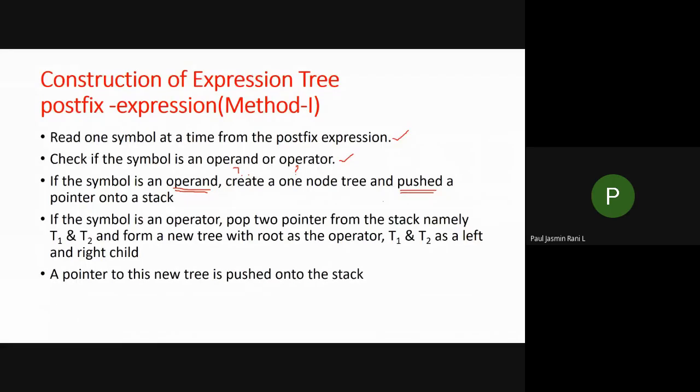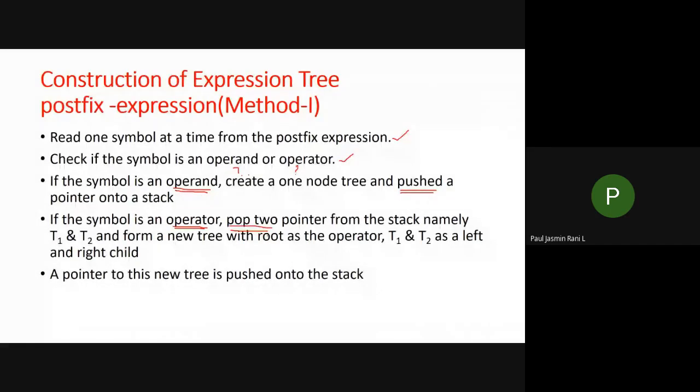Suppose it is an operator. An operator means a slash, plus, minus or something like this. If it is an operator, then I have to pop two elements from the stack.